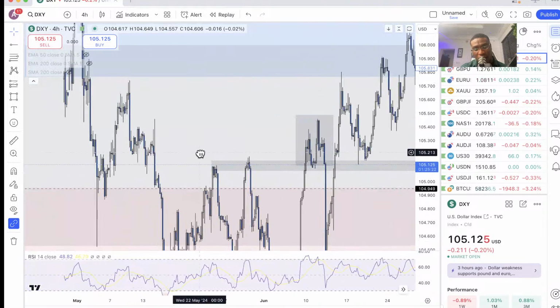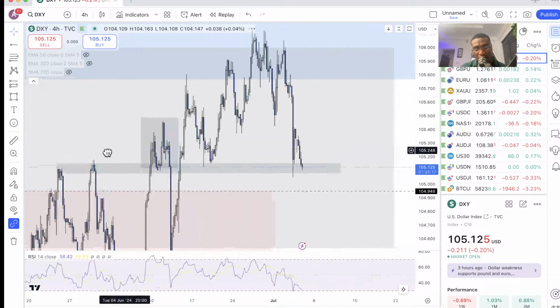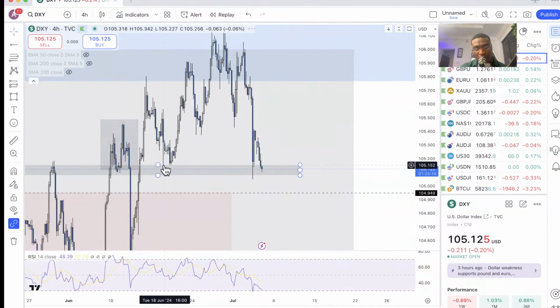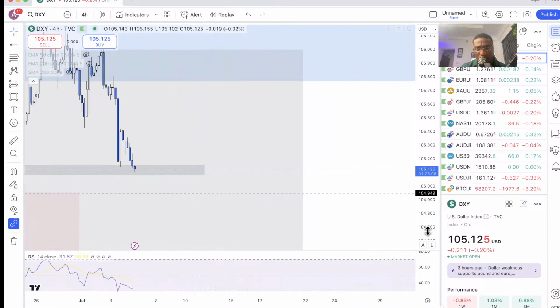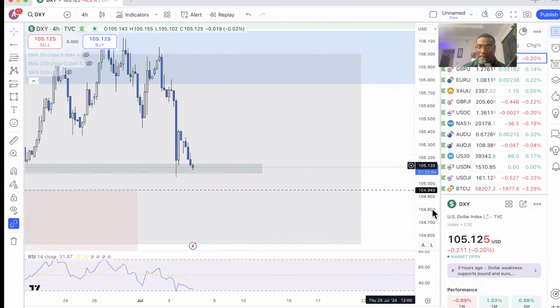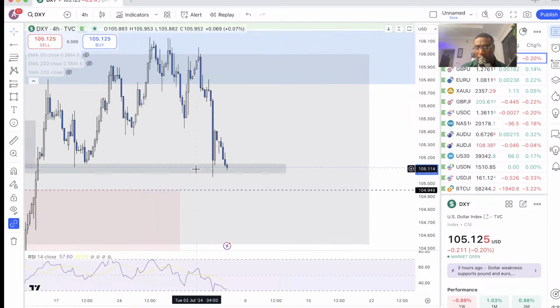Obviously, if you take it all the way back, you would see we retested at this point, retested, broke above, but came back to find support here twice again, and now we're finding support here today. So obviously the dollar is weak. We're beginning to slow down a bit due to the holiday, and also we are at a key level, right? Our confirmation to continue to sell the dollar across all pairs would be a break below this point.